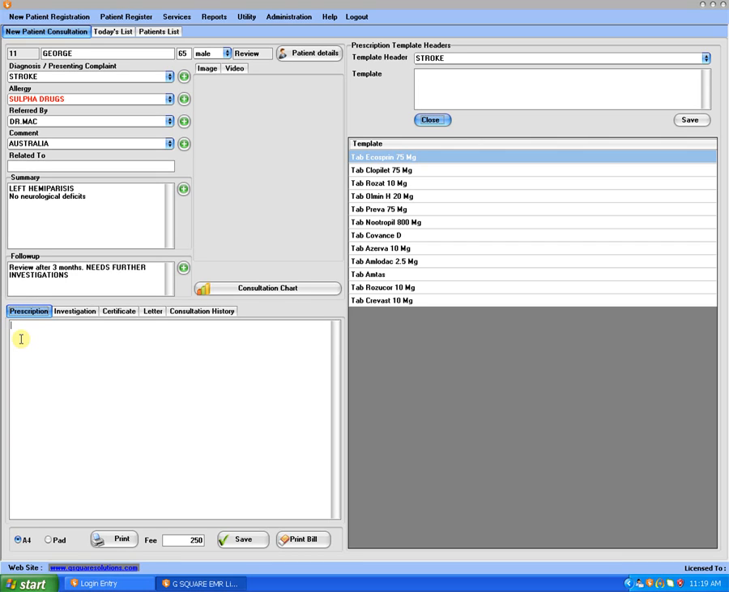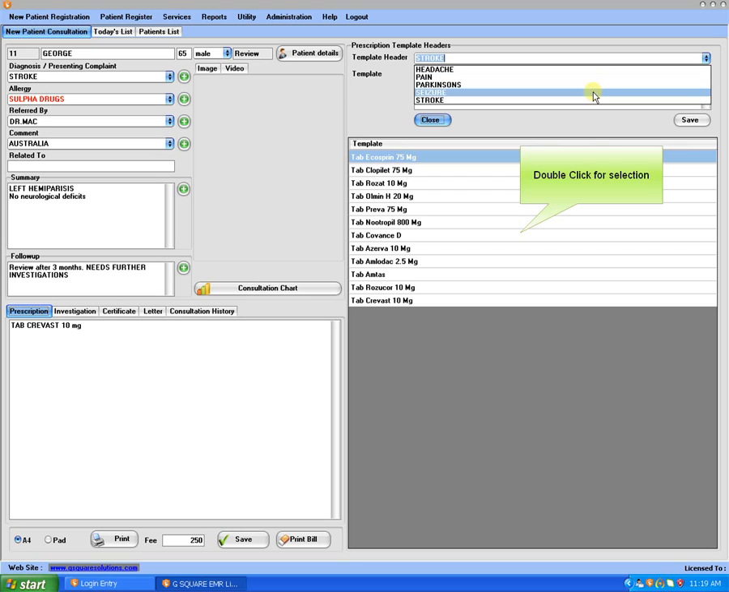Next comes the prescription tab. As earlier told, we can have the option for writing the prescription directly over the prescription window, or else we can create a new prescription over here by clicking the right button. Can add a new